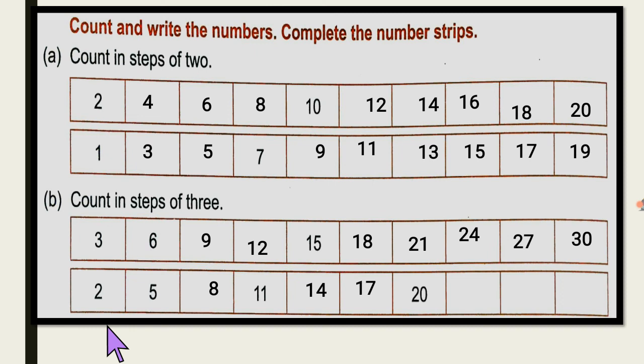After 17, when we count the step forward, the 3 step, we get 20 here. After 20, when we count forward the 3 step, we get 23 here. After 23, we count the step forward, the 3 step, we get 26. Okay. Then after 26, when we count the step forward the 3 steps, which number do we get? Yes, 29. Do all of you understand how you count in steps? Okay.